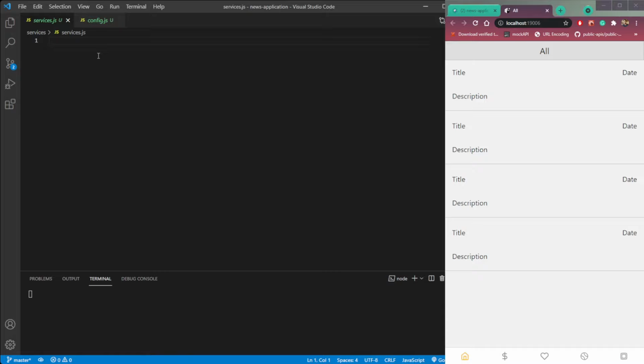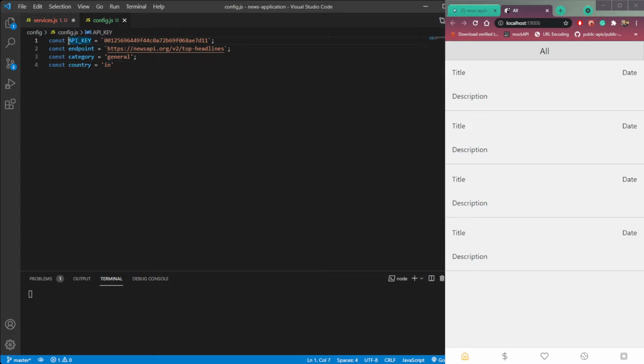First we need to import this config data here. So import, let's destructure it into whatever data we have here. API_KEY, then endpoint, then category, and then the last one is country.